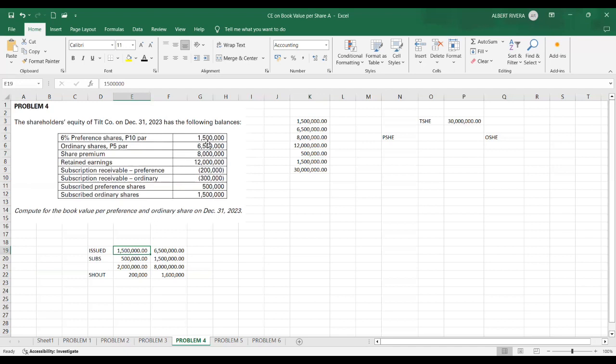You have the issued and subscribe for preference is 500,000. So, this is the aggregate par. So, this is 2 million pesos. Okay, divided by the par value of 10. So, there is a number of shares outstanding equivalent to 200,000 shares. But for, lagyan natin dito, preference. But for the ordinary,